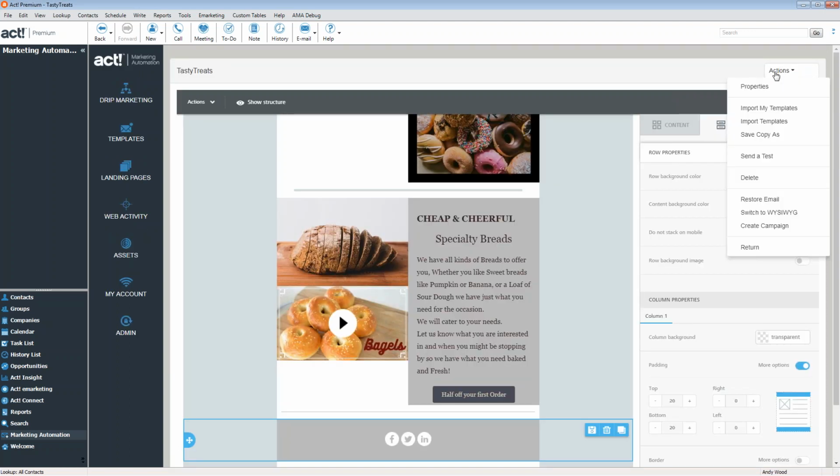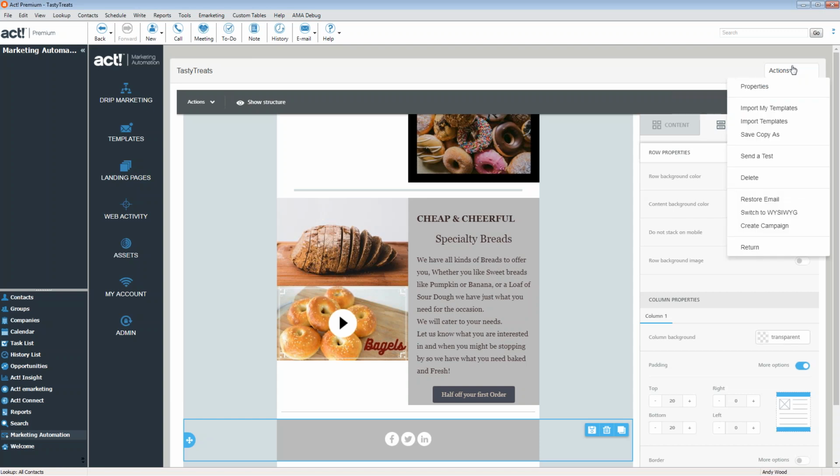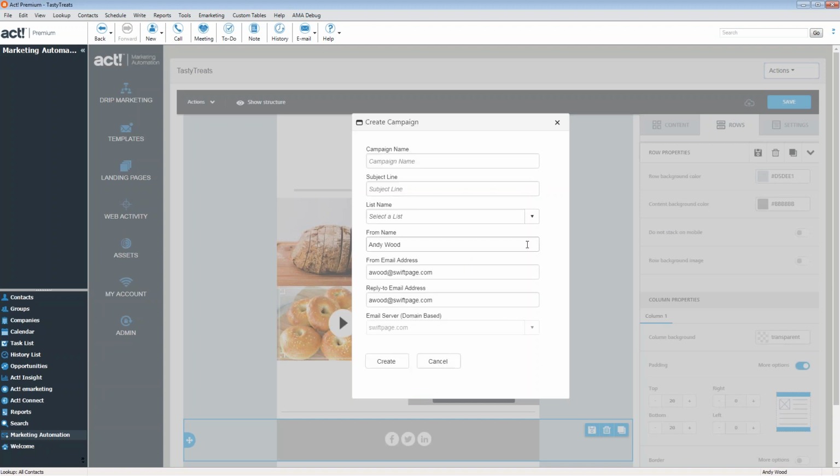I'm going to click on Actions, and I'm going to go ahead and send this email by clicking on Create Campaign. You also have the option to send a test from here. So I'm going to go ahead and click on Create Campaign. I always recommend sending a test before you do that. But we're going to click Create Campaign, and it's going to give us the options in order to send this out. So the campaign name,